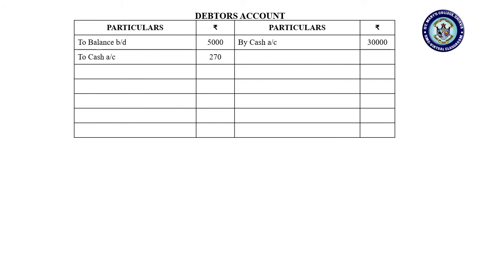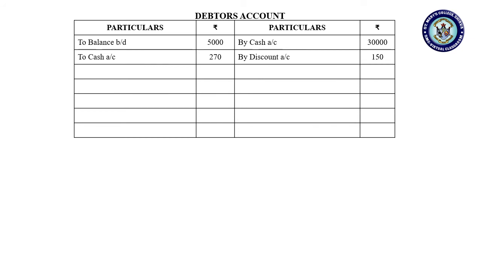Next. So next you can find debtor in discount allowed to customer. So the entry will be discount allowed account debit to debtors, or you can write discount account. So it is by discount account. You can write by discount allowed or by discount account. Next,